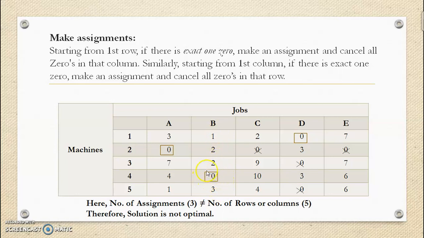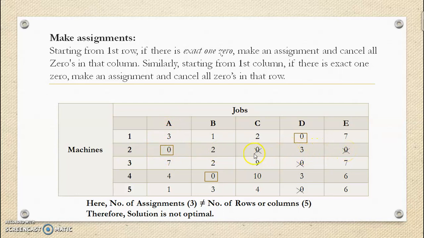Now after observing this, again check whether any row has a single exact 0. There is no further possibility. Now check column-wise, which column has exactly one 0, going successively. If you observe here, this column has exactly one 0, so assign this 0 first and cross out extra zeros in the respective row.